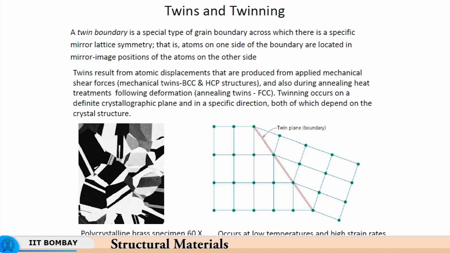You take any pair of atoms, this atom and that atom are a mirror image about this plane. Similarly, this atom and that atom are mirror images about this plane. So, this plane is called the twin plane or the twin boundary,